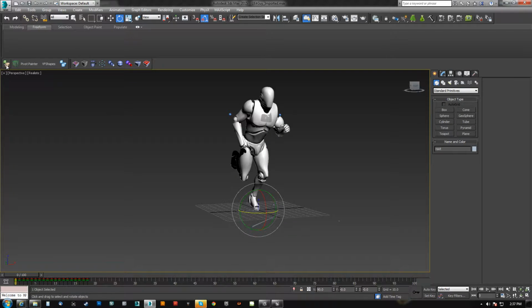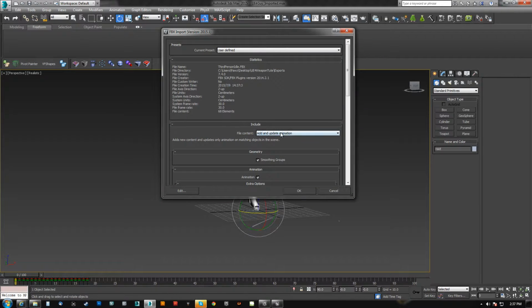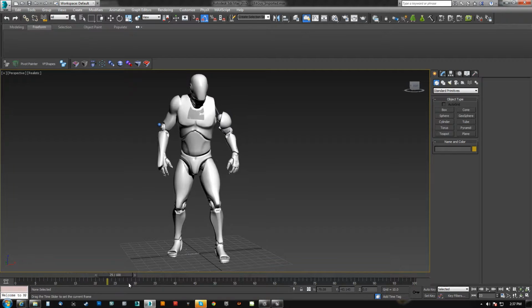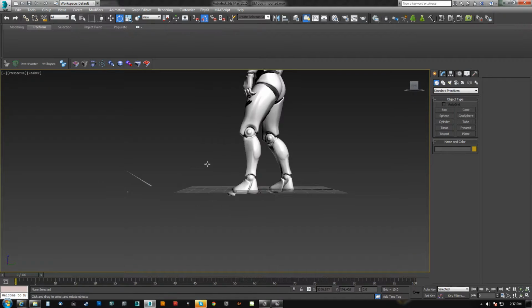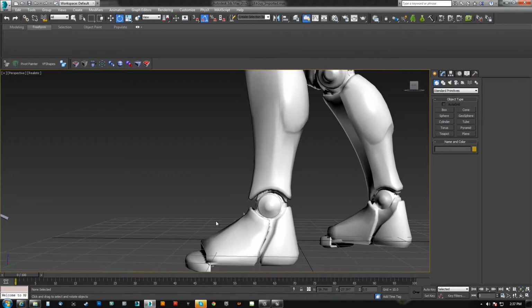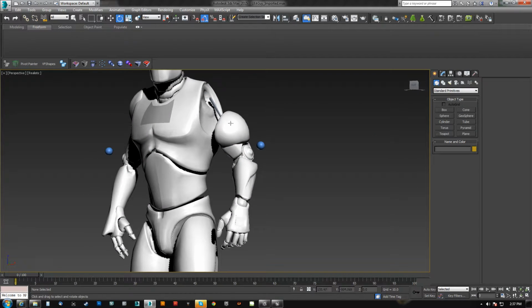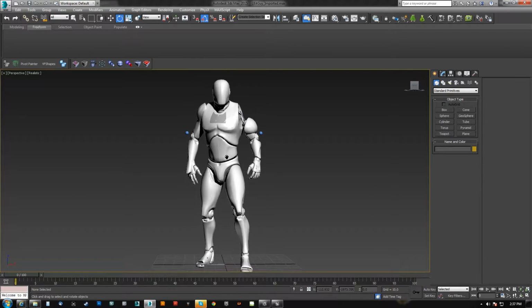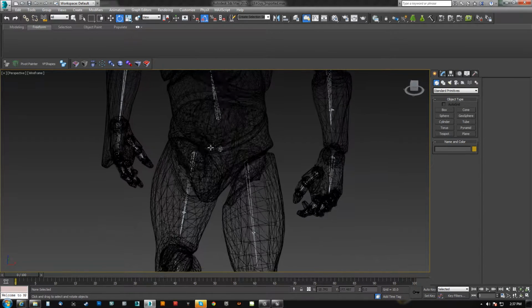I'm going to go back to Max, and what I'm going to do is import third person idle, and I actually want to, I think, just update the animation. Okay, there he is. Alright, so again, same problems. We can see the toes are out of proportion, we can see the hand over here is out of proportion, and we can see that the shoulder up here is out of proportion as well. And so, like I said, there's something fundamentally going on here that I don't know about yet, but I do know that I can